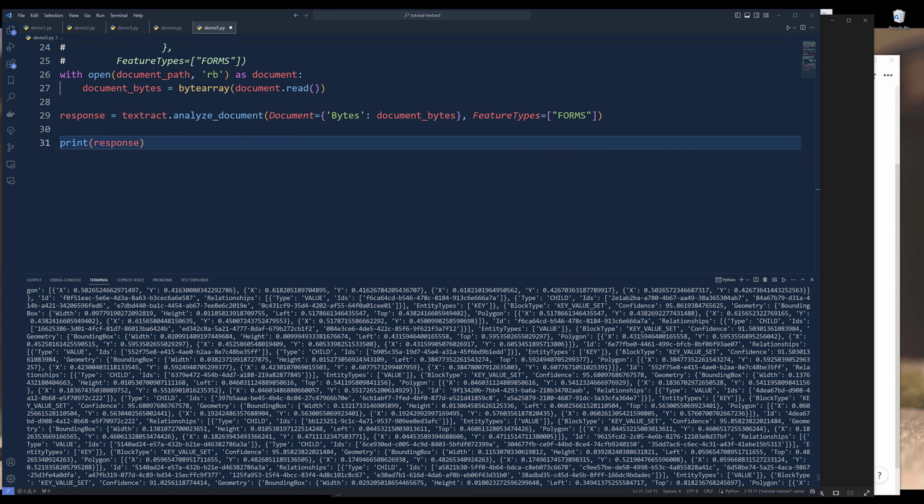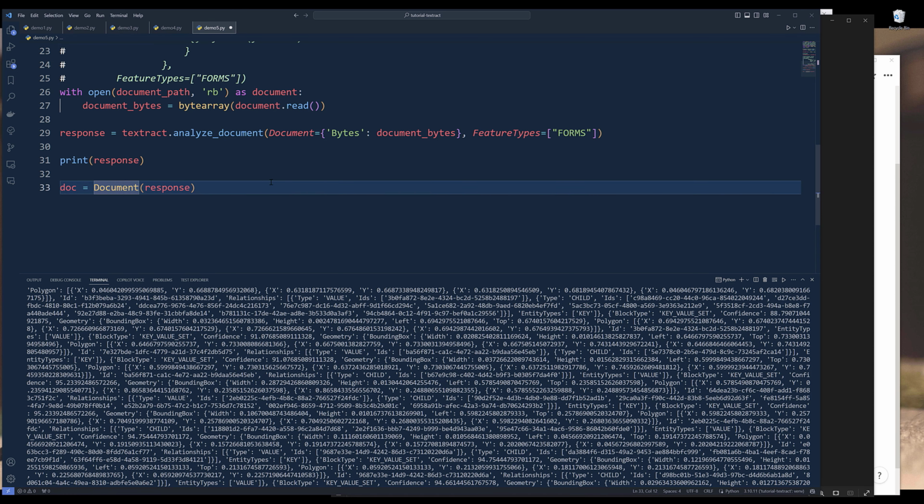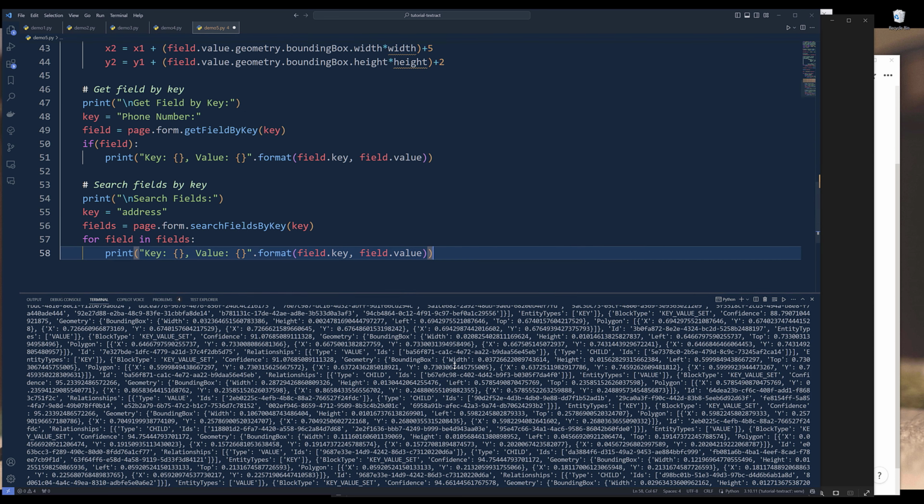As you can see, the output doesn't look very nice, and it's going to be a little bit tricky to organize the information. That's why AWS decided to create a custom library called TRP. Basically, we just need to pass the response to the Document class. And I'll name the output as doc. And from there,